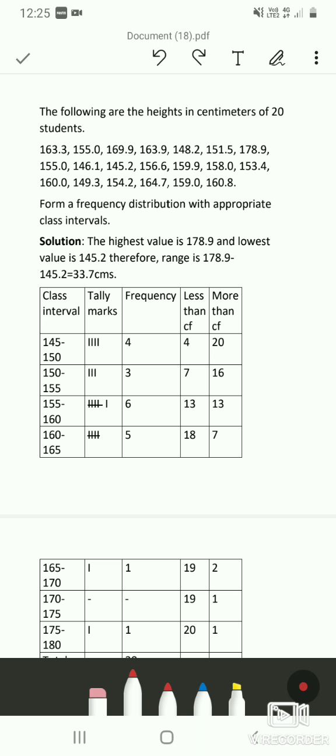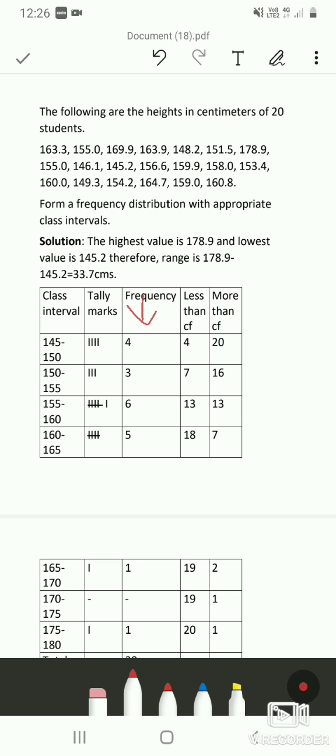Consider the first value 163.3. We know that it belongs to the class interval 160 to 165, so you have to mark a tally bar. Similarly, for all the values you have to mark the tally bars. Once you get the tally bars, you have to fill the frequency of that corresponding class interval.